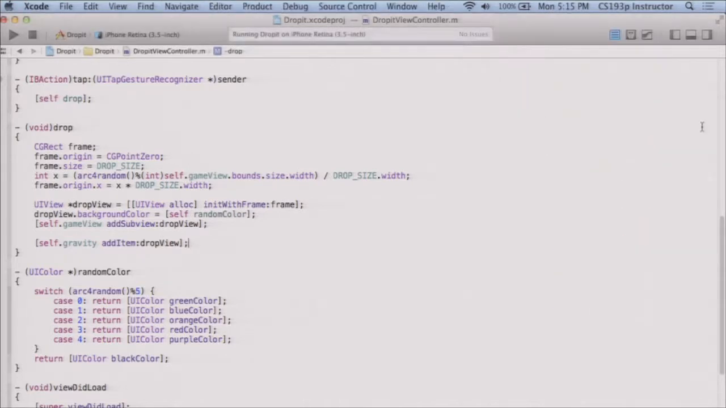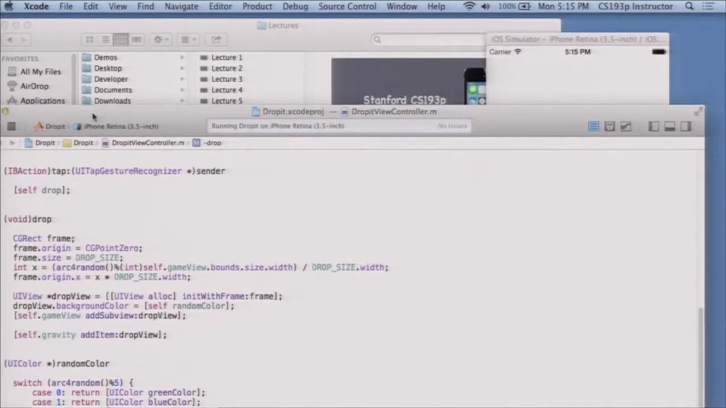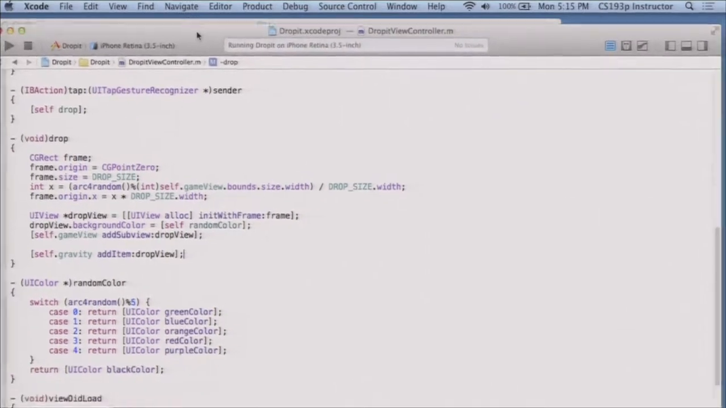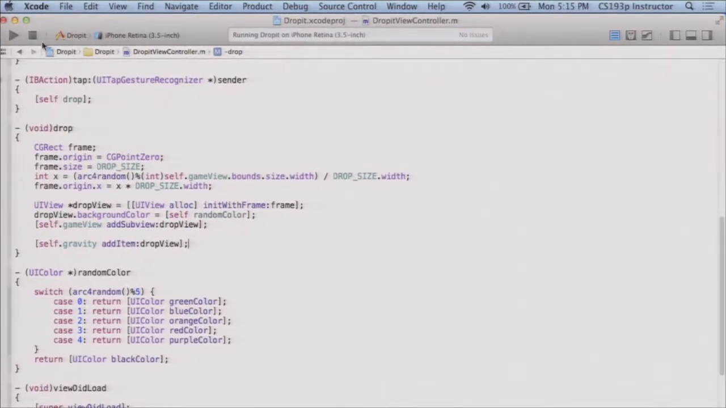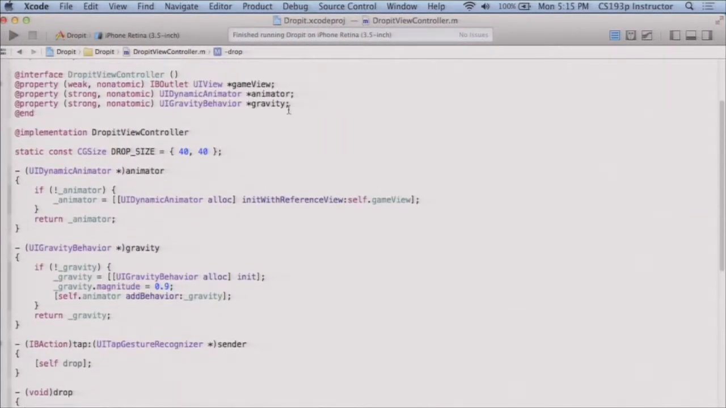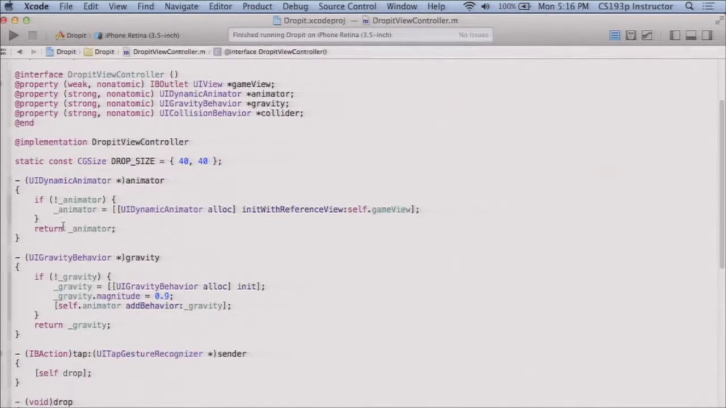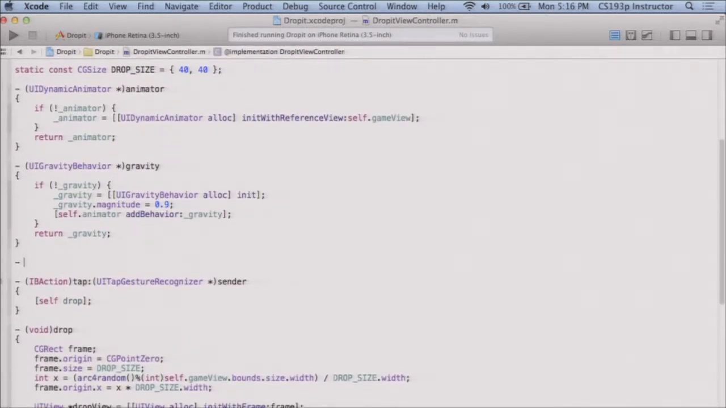Okay? And, sorry, they're falling off the bottom. Okay? So that's not so good. I want them to stop at the bottom. So to do that, I just need a collision behavior. Very easy. Just go up here. Property, strong, non-atomic, UI collision behavior. Collider, I'm going to call it, and my collider,